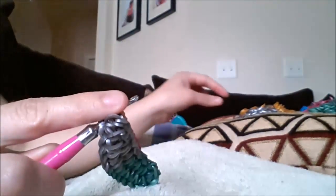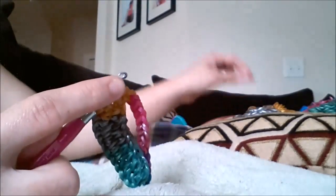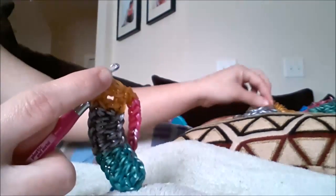We're going to the next color, next chain, which is gold. 1 double crochet, 1 2, 2 bands, hook them all in to the next chain, 2 double crochet, 1, 2, grab 2 bands, hook them all in, another double crochet, same chain, 1, 2, 2 bands, hook them all in,